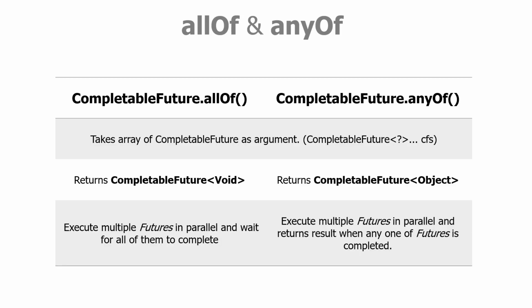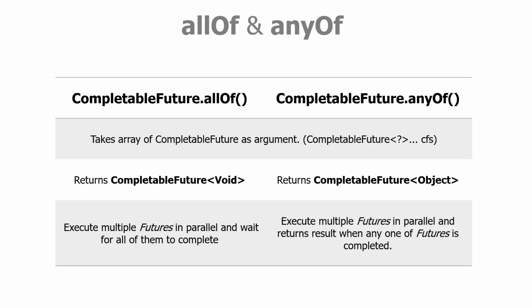Now what if you have a use case where you need to wait for 3 or more futures? Like you are calling 10 download services, and you need to wait until all the downloads are completed. So how can you do it? It turns out there are two static methods provided with the CompletableFuture class, and we can use them for this kind of use case. One is allOf and another is anyOf, and both of these methods take an array of CompletableFutures, so you can pass multiple CompletableFutures to these two methods.